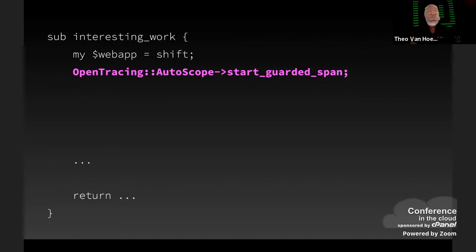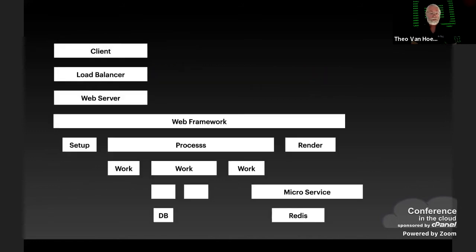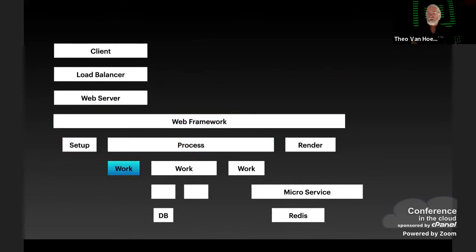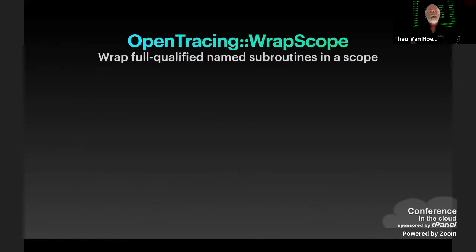But the best part is that the moment you are done with your scope here, you leave your subroutine for whatever reason, it will be nicely closed and it will be recorded to your tracer. So this was your stack. We had this one here, and with this Autoscope thing and with this manual tracing, you can now start adding more stuff into work spans and more. But it's still like,